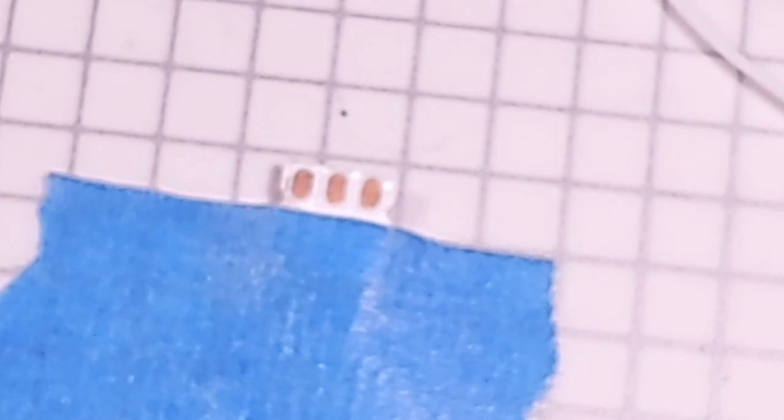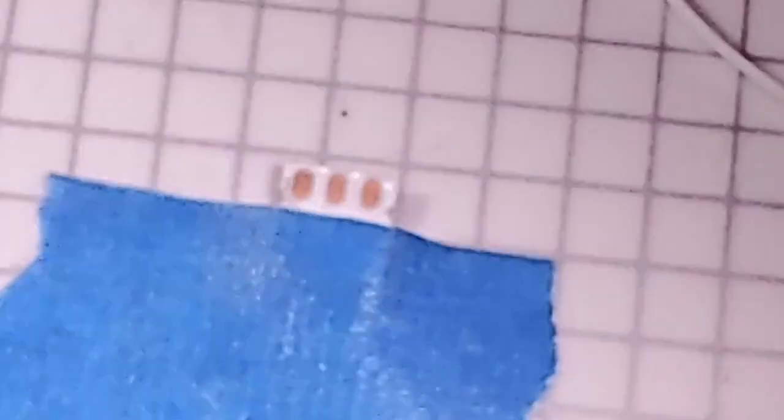pre-tin this Neopixel. Now I did put a positive line on here just so we can test it, because we are going to put this onto our old test rig and make sure that it works. That's way too much solder. That's what happens. There we go. Clean off that soldering tip. And I'm going to come in here. I'm going to tin the data pad. This center one is the data. And that's a good tin there. And then